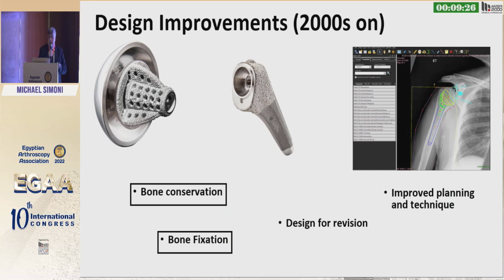We have a lot of design improvements after the century, not only in the humeral area, but also in the glenoid area. I have a lot of experience with resurfacing. I did resurfacing for many, many years, thinking that it would be better to change a resurface in the future to any kind of total anatomic or reverse. But in fact, it's a difficult procedure, so the reverse was almost the substitute for this stemless system here, where we could see